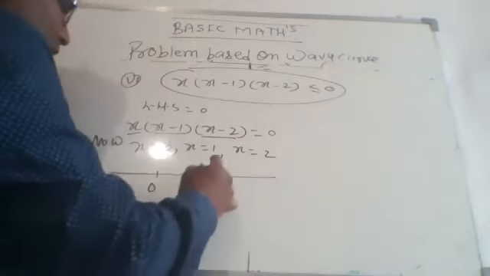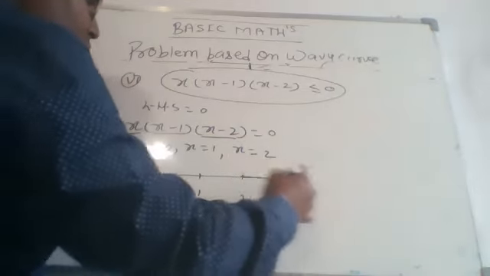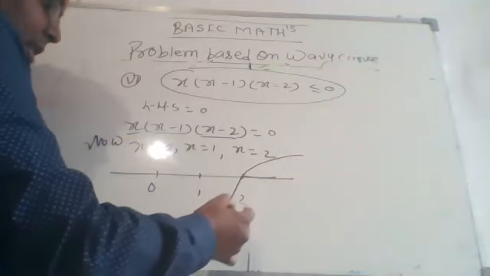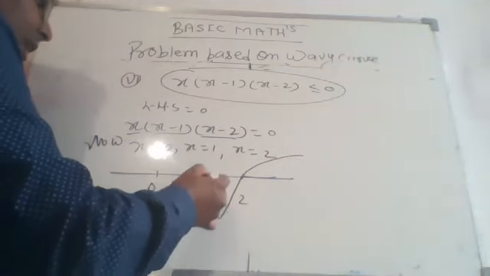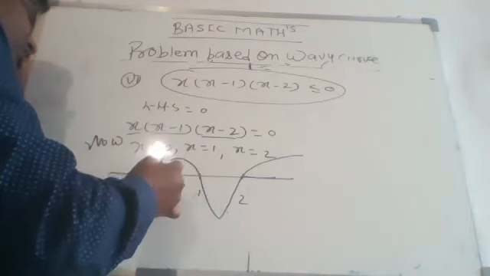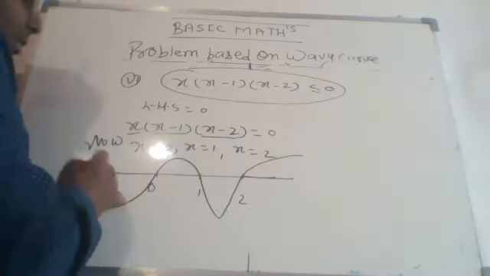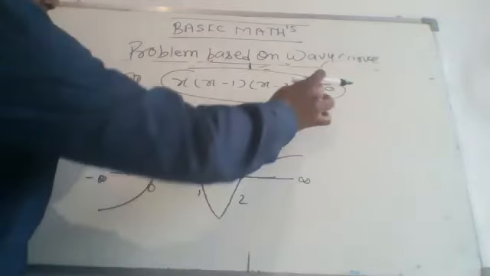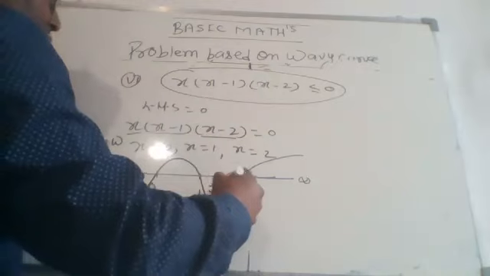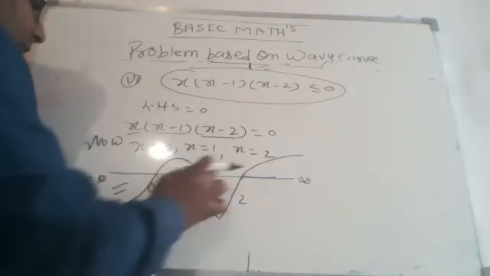Now put the solutions onto the number line: 0, 1 and 2 like this. Now draw the wavy curve from right to rightmost solution. It will pass wherever a solution comes. And after that again a solution is over here, it must pass through this. Again a solution is over here, it must pass through this. So we get the wavy curve like this. And here the symbol of inequality is lesser, so we have to take the portion below the number line. So these two portions of the wavy curve come below the number line.